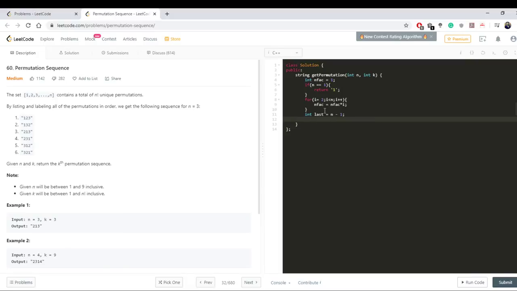So while the last permutation that we're checking for is not the last number,